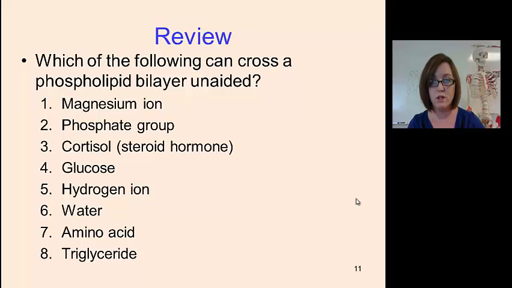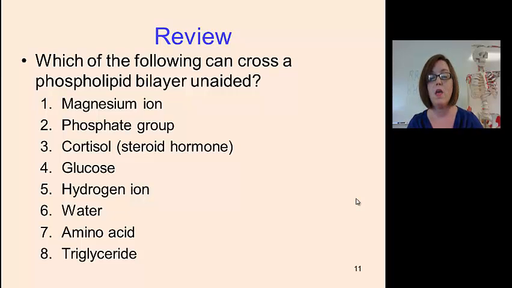So apply our rules here, okay? You can cross no matter your size if you're hydrophobic, right? Now, you can also cross if you're 3 atoms or less and do not carry full charge. Let's see who can cross. A magnesium ion can't cross, has full charge. Phosphate group can't cross, it has full charge. Cortisol is huge, but it can cross because it does not carry charges of any kind. It is hydrophobic. Glucose cannot cross. It's more than 3 atoms